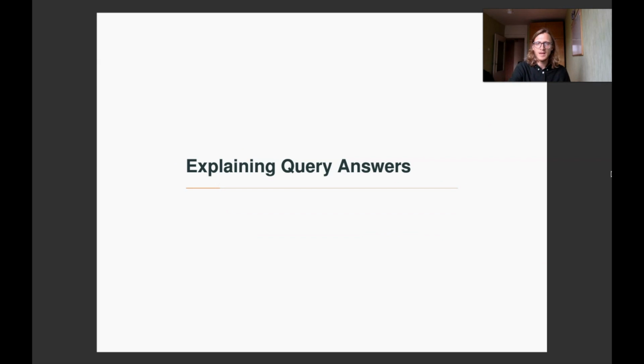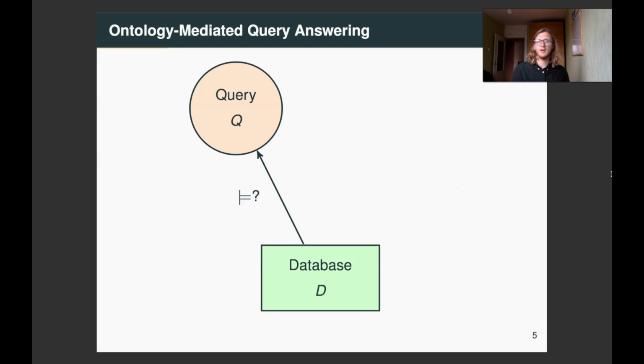Now we introduce what we mean by an explanation and give some preliminaries. First of all, I'd like to take a step back and say what we mean by an ontology-mediated query. Suppose we have some data, as a database, and we want to find out something, so we pose a query. But there might be some knowledge which is not captured in the data. For example, data can come from different sources, or we just have some extra knowledge about how different facts relate to each other.